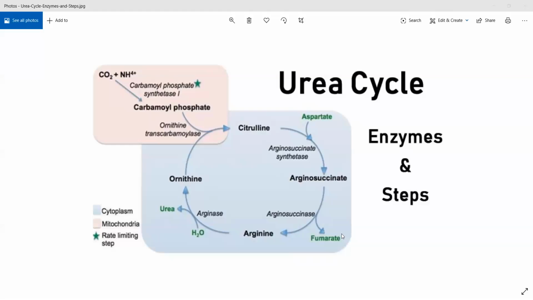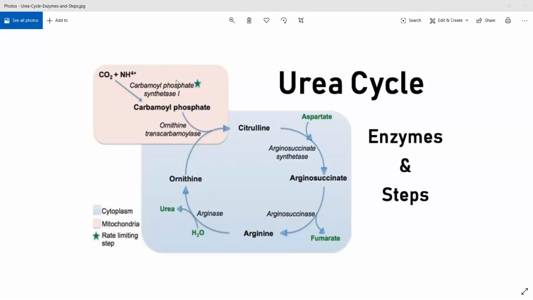You'll understand in a bit how it will happen. So now, coming to the reactions that follow in the urea cycle, initially in the mitochondria of your hepatocyte, a compound called carbamoyl phosphate is formed. In the pinkish red box that you can see on the top left, the first compound is formed by the combination of ammonia and carbon dioxide using the enzyme carbamoyl phosphate synthetase. You will get carbamoyl phosphate. This is a rate limiting step.